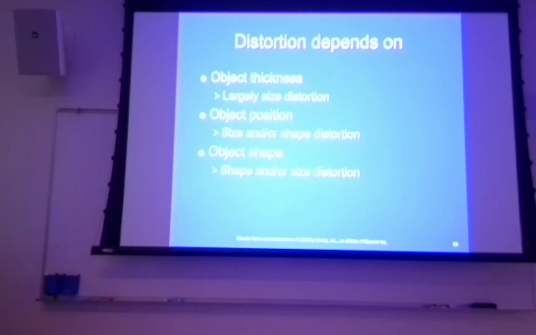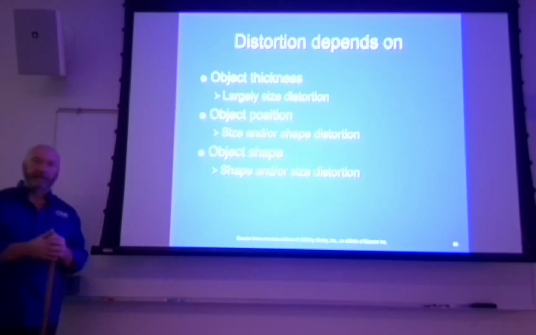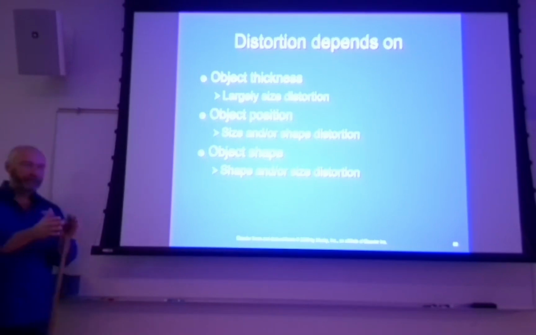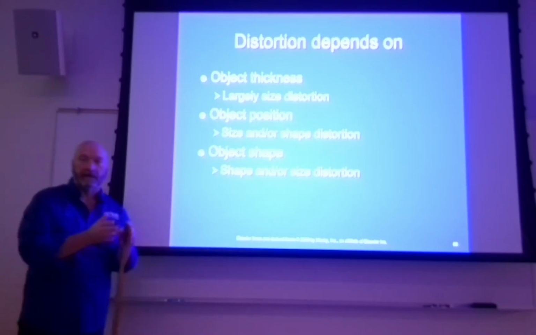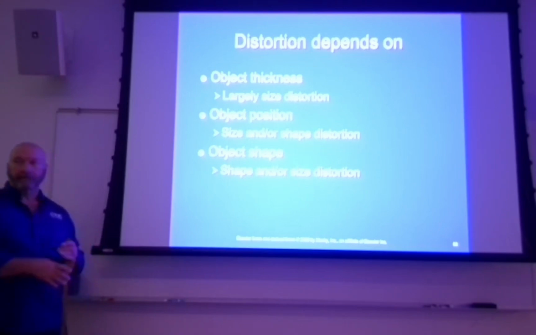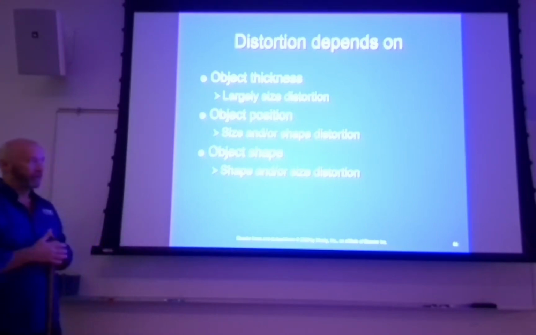So you've got a hypersthenic patient, you're looking for kidney stones, then naturally the kidney stone is going to be further away from the image receptor in a hypersthenic patient than what it's going to be in an asthenic patient. Your kidneys are about a third of the way through your body. If you had a pediatric patient and you were looking at their kidneys, naturally they are going to be closer to the image receptor. You have a 400-pound man, and they're going to naturally be at a greater